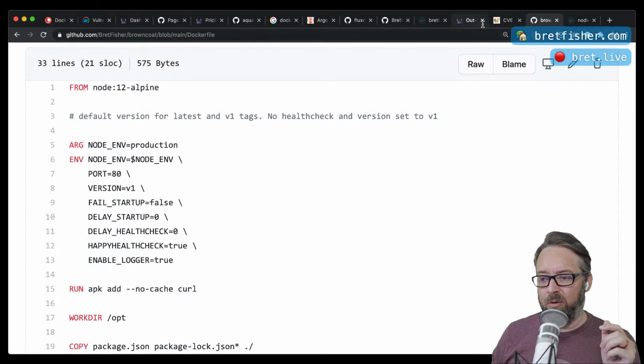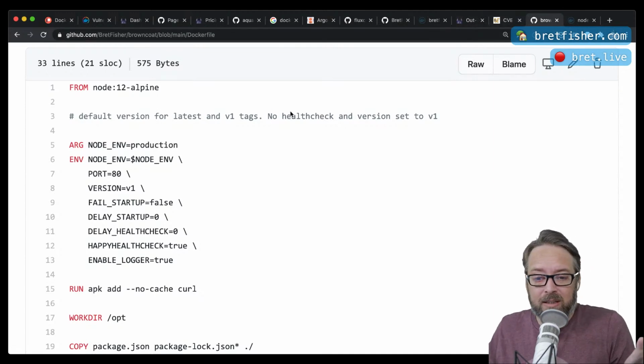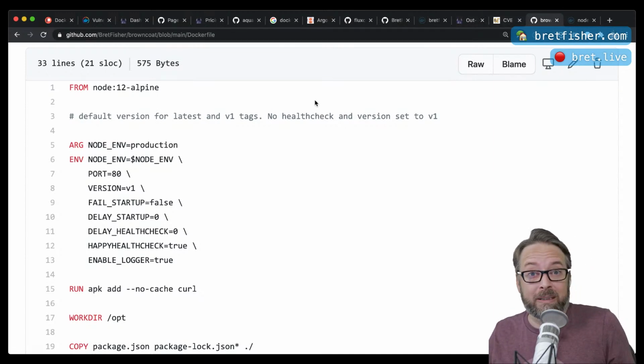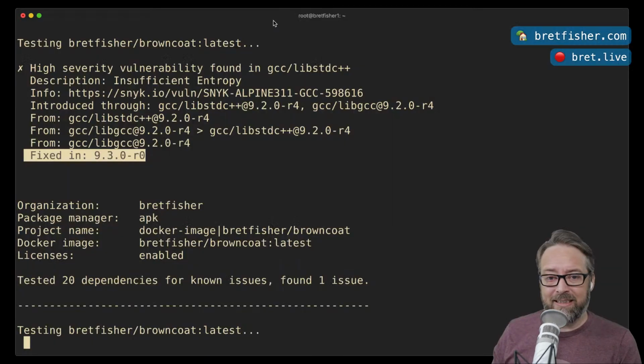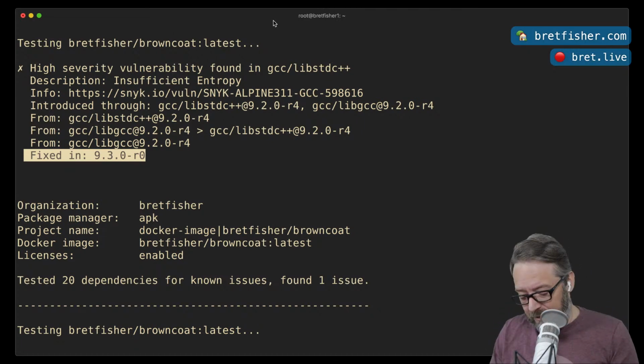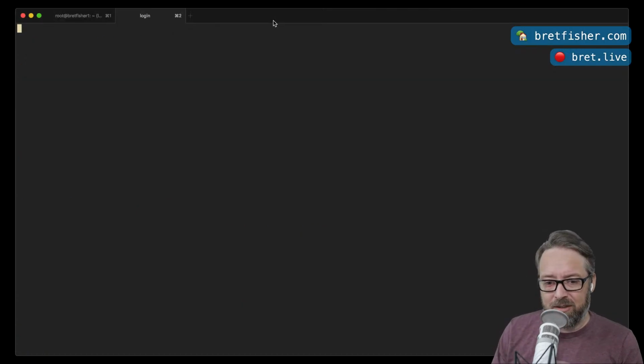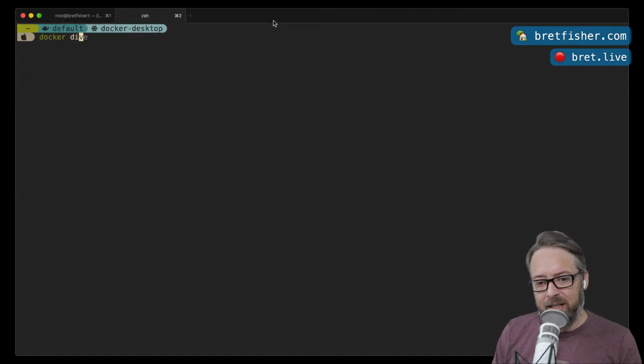That way I know, because right now this image might be on 12 dot something, 12.18.2, right? It might be, and I don't really know because we're doing latest. And again, latest is a crapshoot. You're not really going to know. I would have to do further investigation by doing something like a Docker history